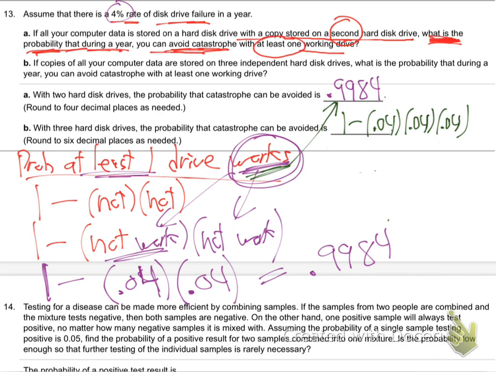And I'm getting 0.99, how many, 6? 0.999936, super reliable. If you have 3 of them, what are the odds that all 3 of them are going to fail? Pretty low. And that's what we see. See how probability bears out what we sense? I always like that about probability, that it feels right. That's why people do backup systems, because it makes it very unlikely that everything's going to fail. We good?